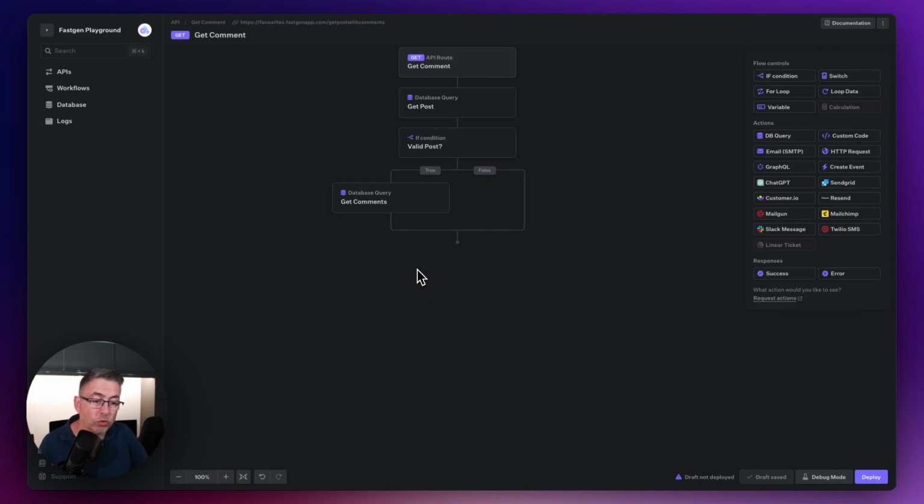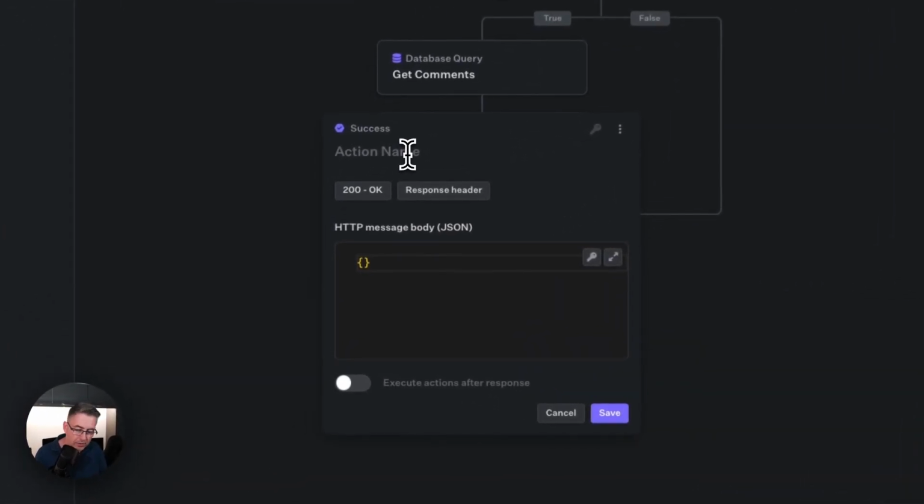So what we now need to do is, of course, return this success back in a nice particular shape that we can then pull into our FlutterFlow application. So we need to move over to the right hand side here, just choose success. Let's drop success in here. Let's just choose that, and we're just going to give this a name. So we're going to say, return post with